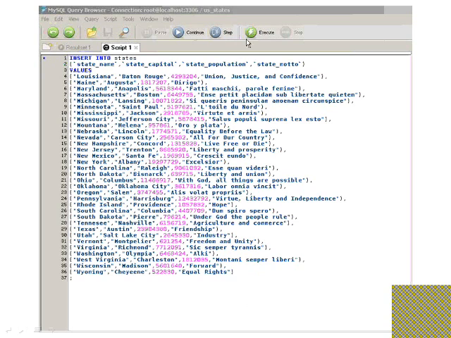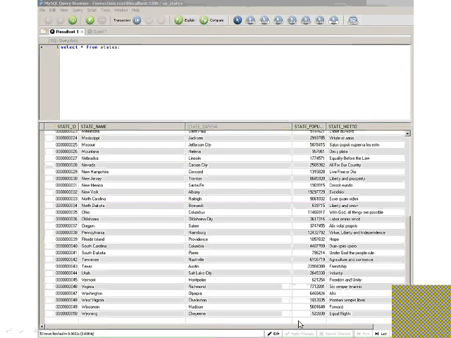Now I'm going to click on Execute up here, and it succeeded. I didn't show you the success message, but it succeeded, and here I am just showing that it did succeed. Now you can see all 50 states have been added,